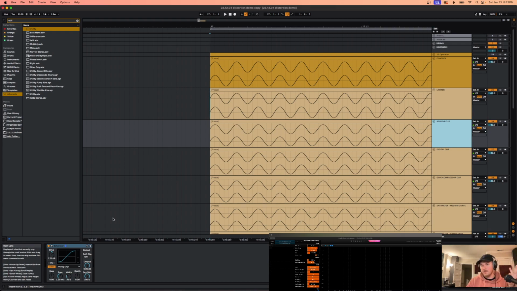Ableton has three native ways, to the best of my knowledge, to straight clip signals. There's the analog clip mode in Saturator, which, by the way, when you pull in a Saturator in Ableton, by default, it's not technically acting as a saturator. It's technically acting as an analog clip. We can get into the semantics of how those things differ. I think saturation is basically distortion plus compression,